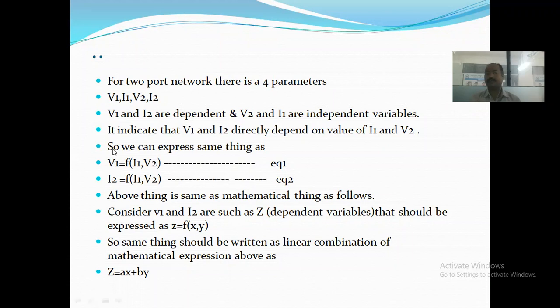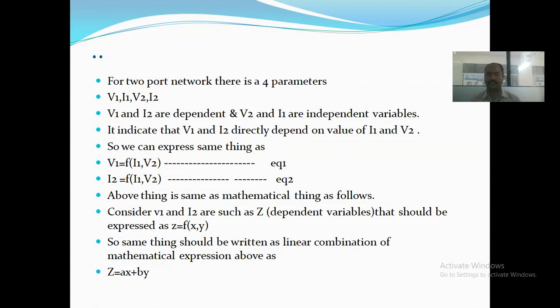See, phi1 is a dependent variable. Why do we do the same thing? When we do the mathematical analysis, we have a requirement for it. So phi1, the dependent variable, is a function of the other independent variables, I1 and phi2. This is your equation 1.